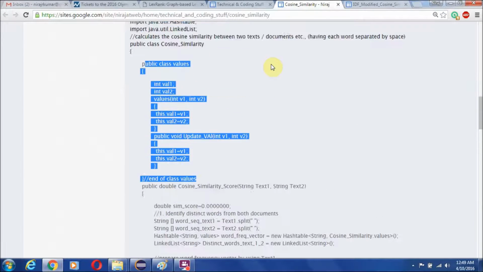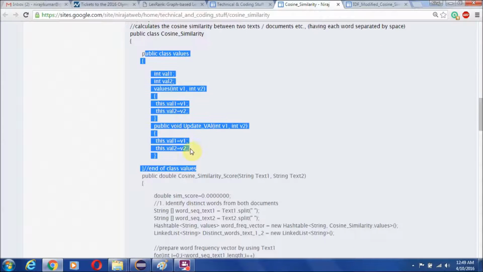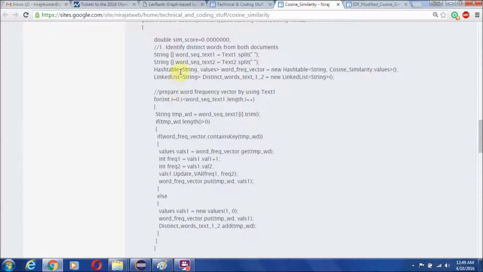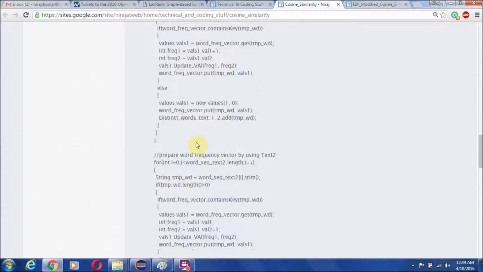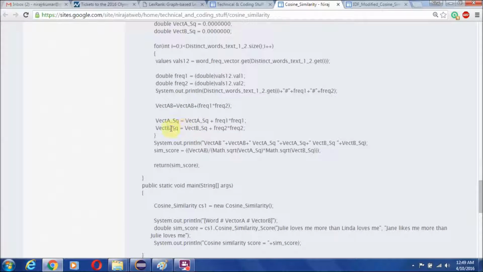Next there is a class cosine similarity. In this there is a nested subclass, value, which stores the frequency values. And then we have used a simple calculation scheme to identify the vector AB part, this part, and this part.